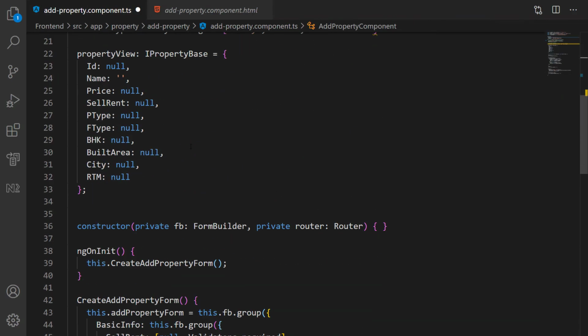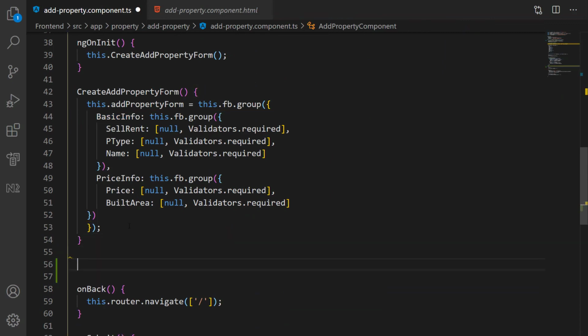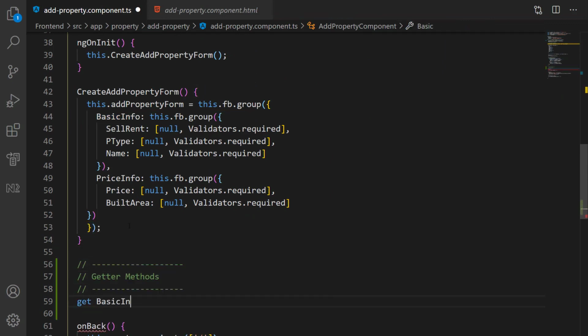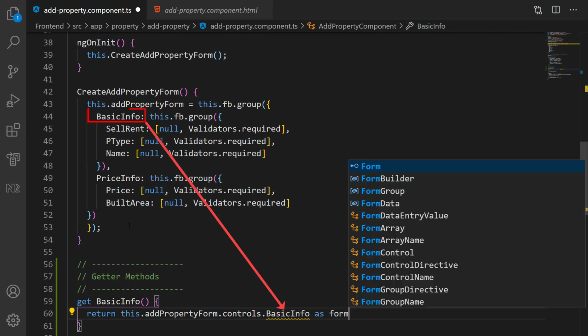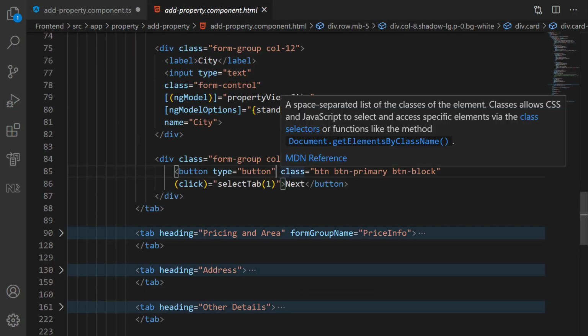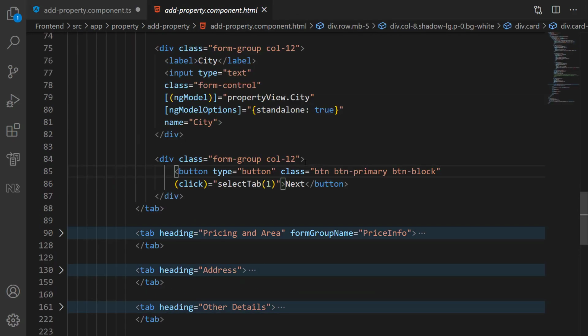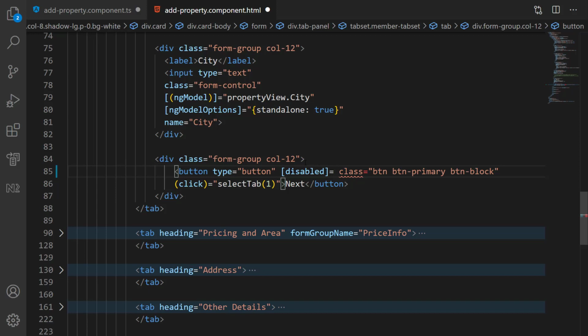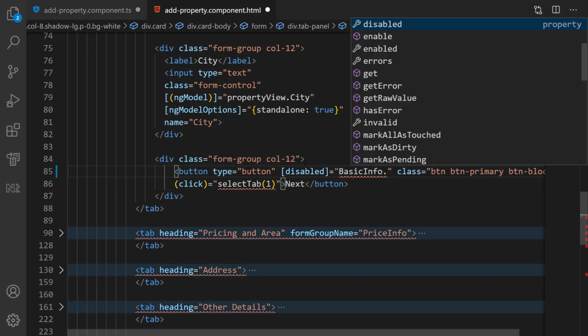So to make it shorter at HTML level, we can add a getter method. Let's name it basic info and return this basic info as form group. And here in the HTML template, we can set this disabled attribute using that getter method simply like this.